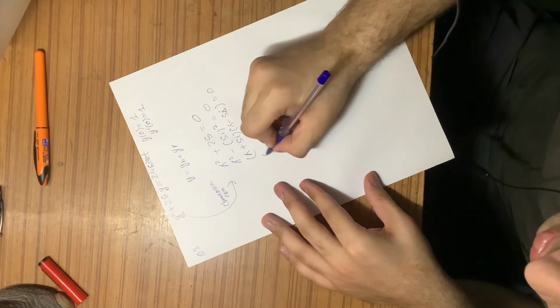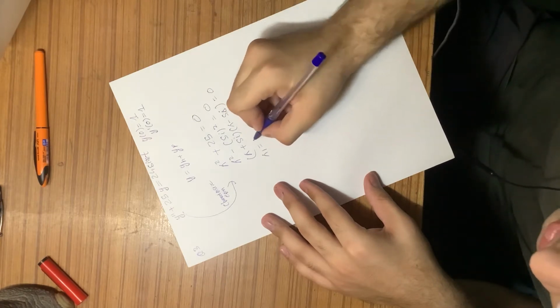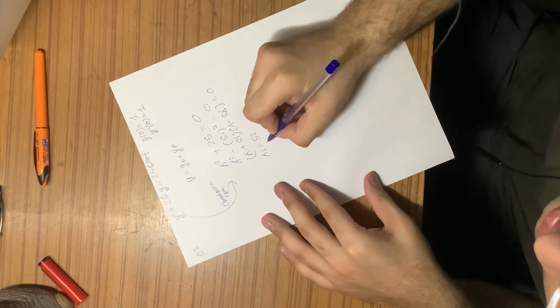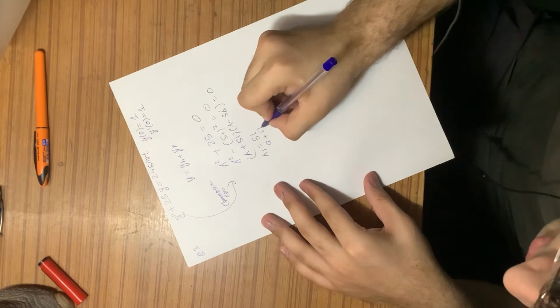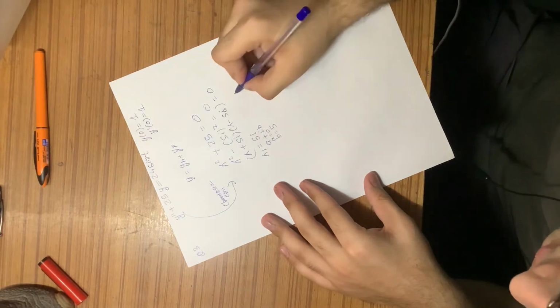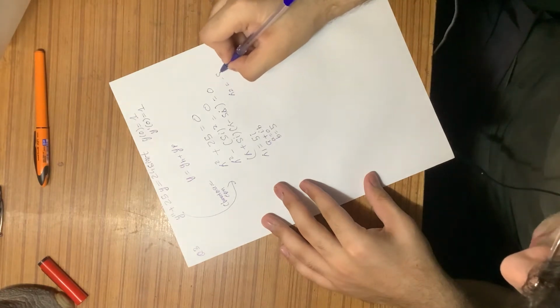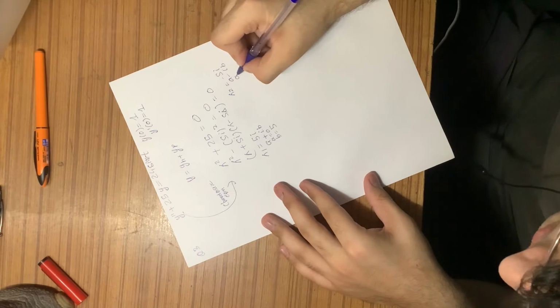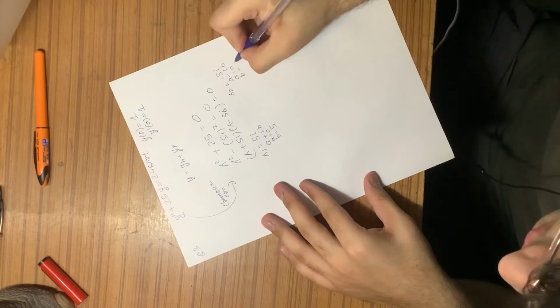So lambda 1 we get 5 iota. On comparison with a plus iota b, we get a is equal to 0 and b is equal to 5, and lambda 2 is equal to minus 5 iota. So on comparison with a minus iota b, we get a is equal to 0 and b is equal to 5.